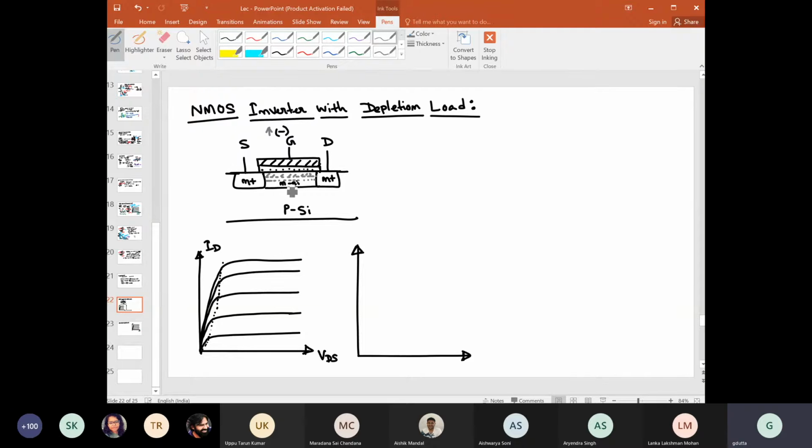So what you are doing, basically, is reducing the channel. Initially, this is the channel thickness. But as you increase this negative bias more and more, your channel thickness reduces further and further. That means the current through the transistor is further and further reducing. At a certain negative gate voltage, this complete N region will be depleted, and hereafter you don't have any conduction. That particular voltage would be the threshold voltage for this type of MOSFET. So this is the depletion MOSFET.